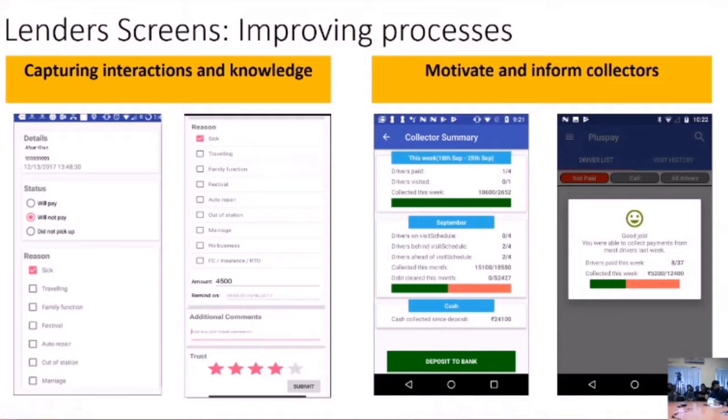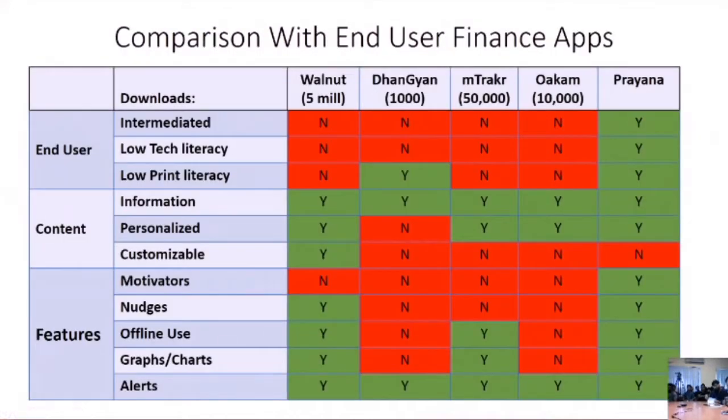This information is shared with the back office, and it creates new organizational knowledge about drivers' circumstances and status, although we will be evaluating how much the trust rating relates to what actually happens. So that's one thing we want to do. And if it bears no relation to what's actually happening, we'll remove it. And then we motivate and inform the collectors with performance targets and stuff.